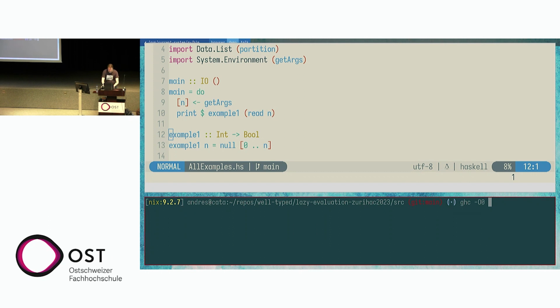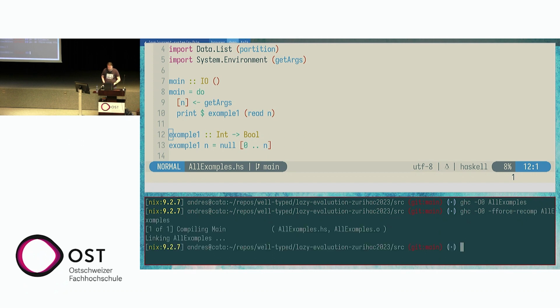Okay, so we are going to compile all the examples, and perhaps I should, because I have done this before, just to be sure, force recompilation. This is a flag, for those who don't know, that just tells GHC to abandon the clever checking of whether any work needs to be done, to be less lazy, to recompile even if GHC thinks it's not needed. Then I'm going to call the code, and I'm going to pass an argument because I need to pass an argument. So let's start modest with 1,000,